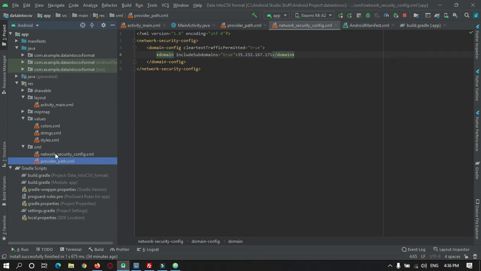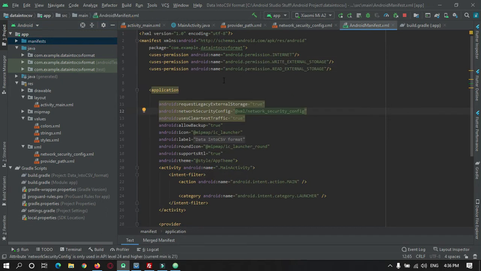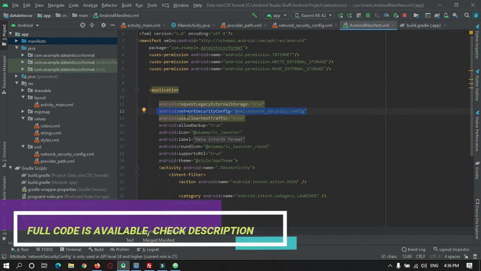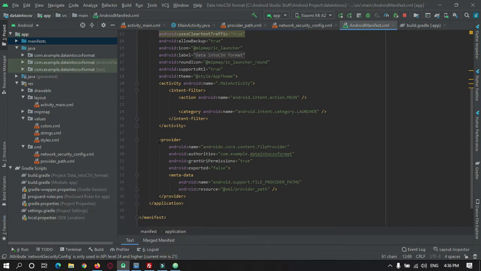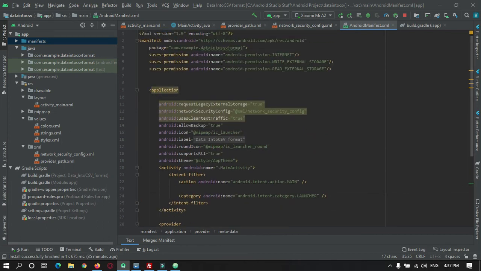After that we need to add this in the manifest file. Open the manifest and add the network configuration and provider path, which are the resources that we are going to use.